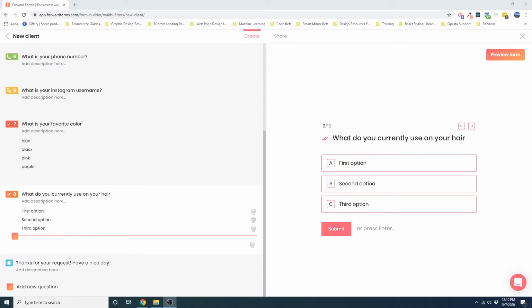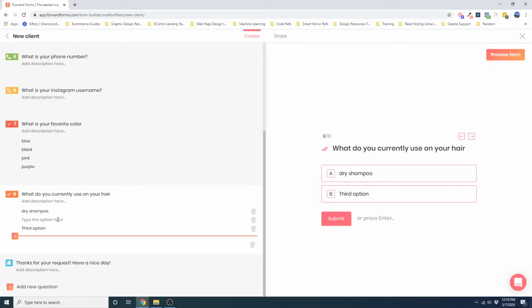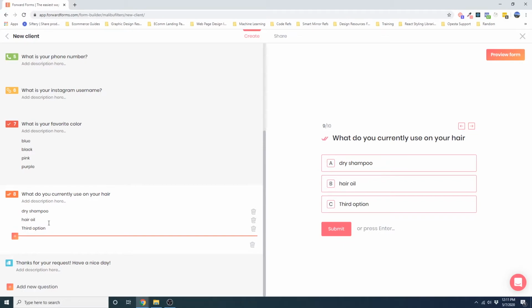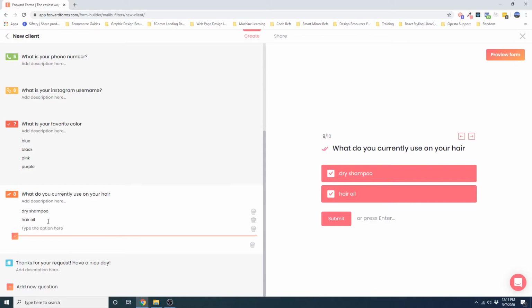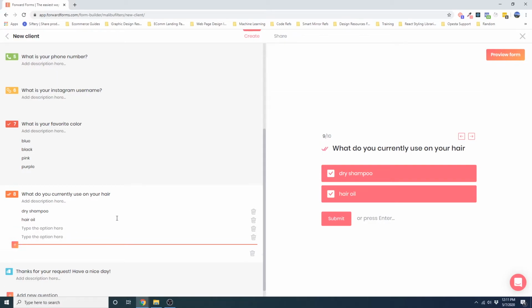Okay, so in this case, they can select multiple. So you could say dry shampoo, hair oil, anyway, so then they could select both of those, or however many you add, they can select all of them,